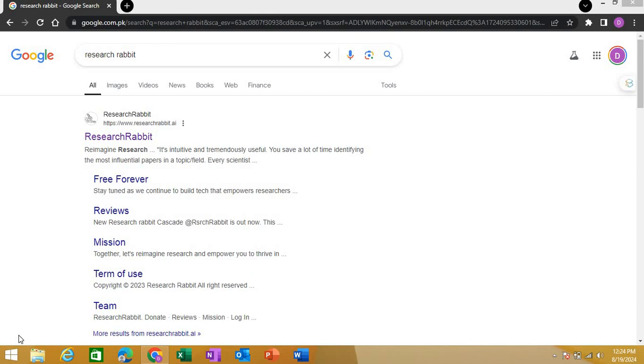Hello. So today I will show you how you can use the ResearchRabbit AI tool for free. Yes, it's completely free. It is an excellent tool for doing a literature review and finding relevant papers, but today I will specifically show you how you can use ResearchRabbit to collect multiple articles in a research paper, and then